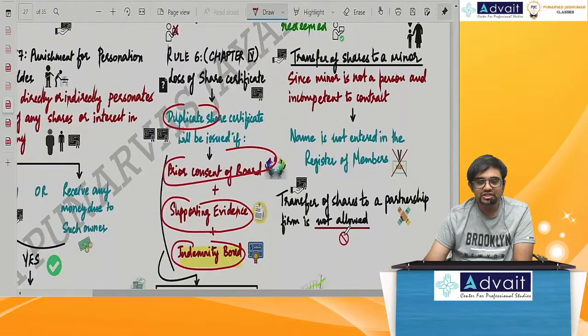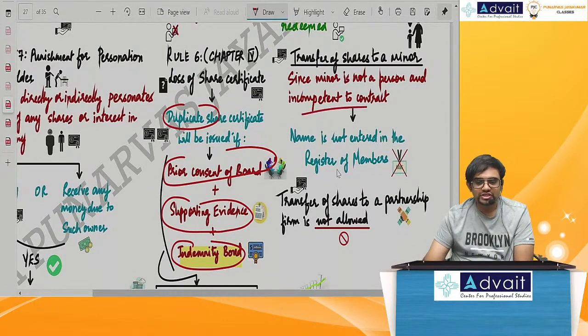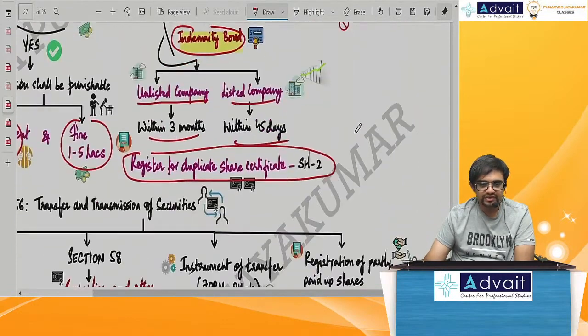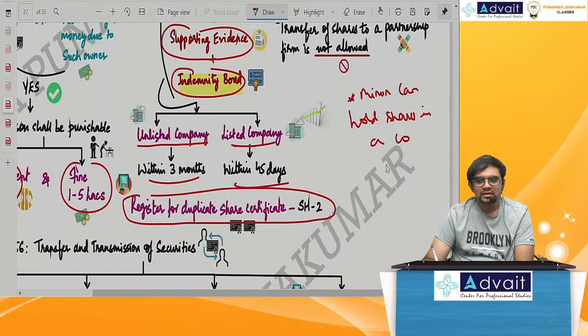Can I transfer shares to a minor? Since a minor is not a person and is incompetent to contract, you cannot give a share to a minor. Nevertheless, points to add on, a minor can hold shares in a company. In which company? A minor can definitely hold shares in a company